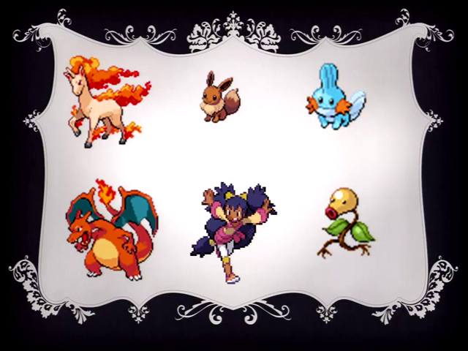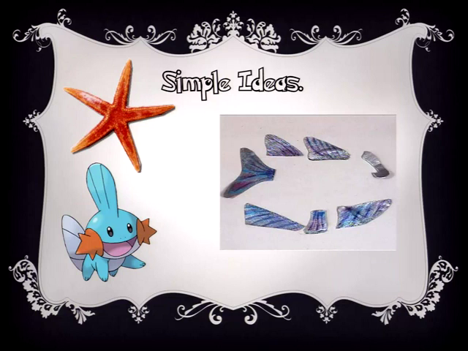Because if you look there, you can see that even the Mudkip has about 3 shades of blue on its main body and 2 shades of orange on its cheeks. And it's really simple to do. It looks fantastic, and some of you guys will be like, oh, I can't do that. You can. You seriously can. It's really easy. Even in the simple designing of Pokemon, they've got simple ideas. So fish fins, starfish, and pretty much a frog, and you get Mudkip. Mudfish Pokemon. If anyone played Pokemon White or Black?